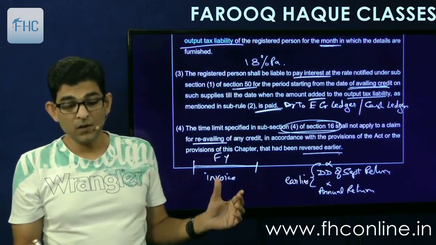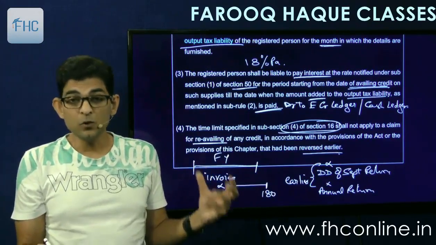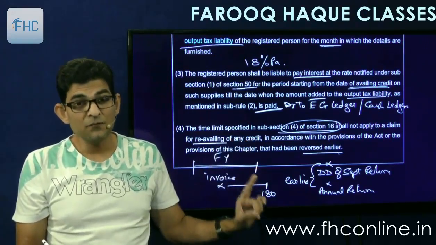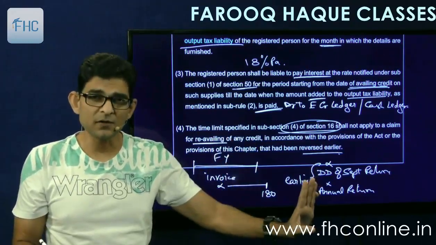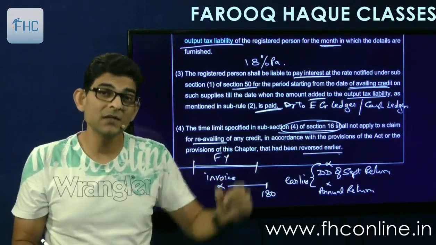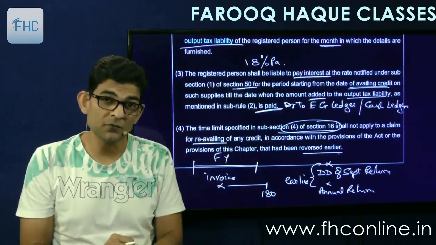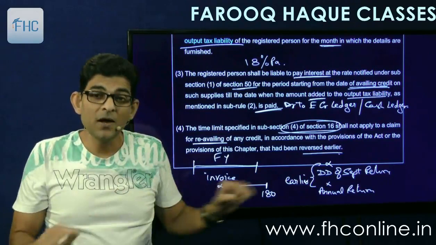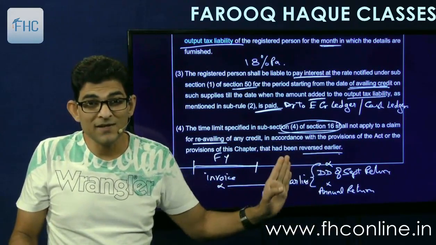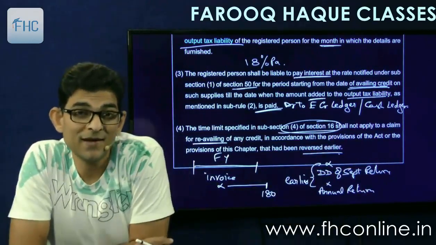Okay, but what happens is that suppose here is the invoice and here is that 180 days period. So if I don't pay this invoice within 180 days, I'll have to reverse the credit. After reversal, if I pay the amount to the supplier any time thereafter, I can re-avail the credit. That is the point. You can re-avail the credit if you make the payment after 180 days. Like in the example in the last lecture, I had taken the 241st day. If you pay the amount on the 241st day, you can re-avail the credit. But what if I pay this amount after expiry of this date, the maximum date by which I can take credit? So if I make this payment after these dates, then what? Can I take the credit?